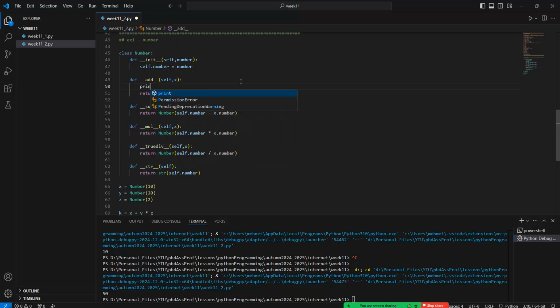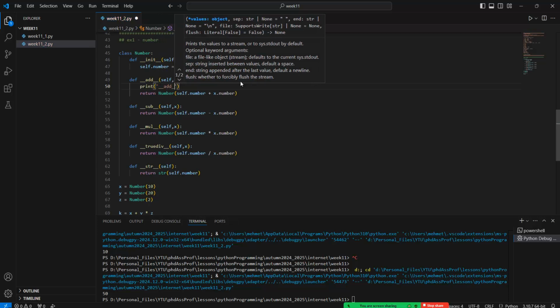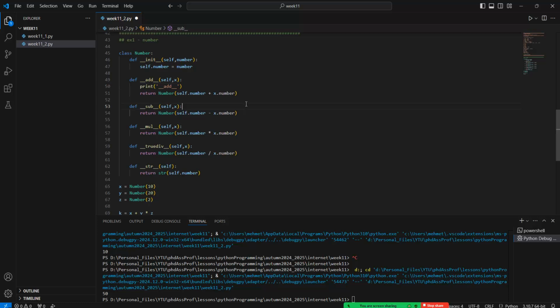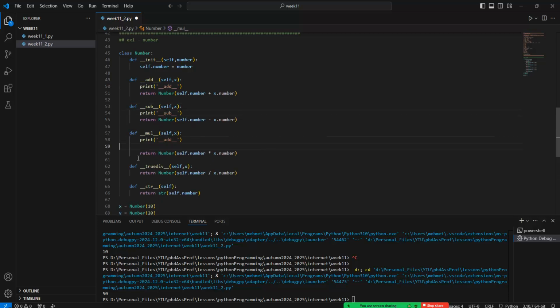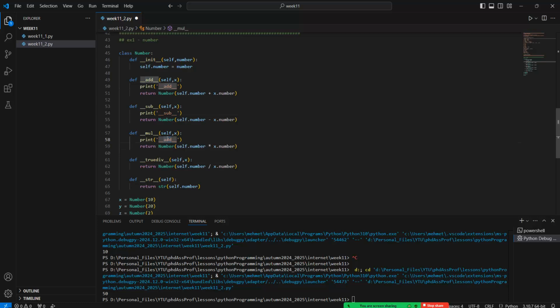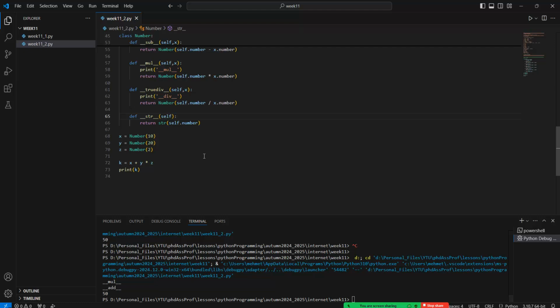For example, we can print the information about this class, just like this one, the add and sub and mul and division. Okay, and so if I rerun this code, just see that we multiply first these values, and after that we add the x value into the k value in here, just like this one. Okay,